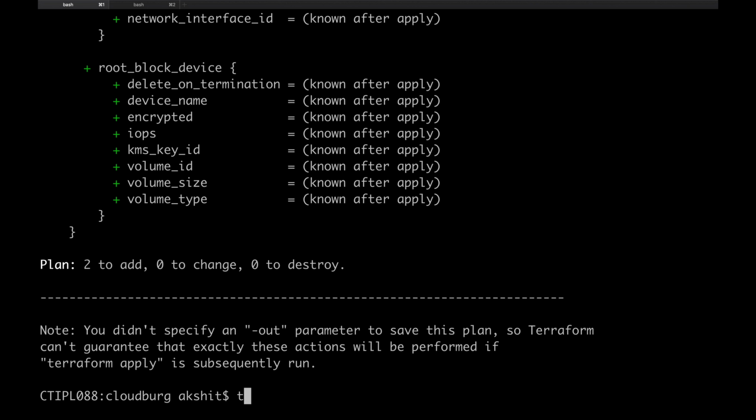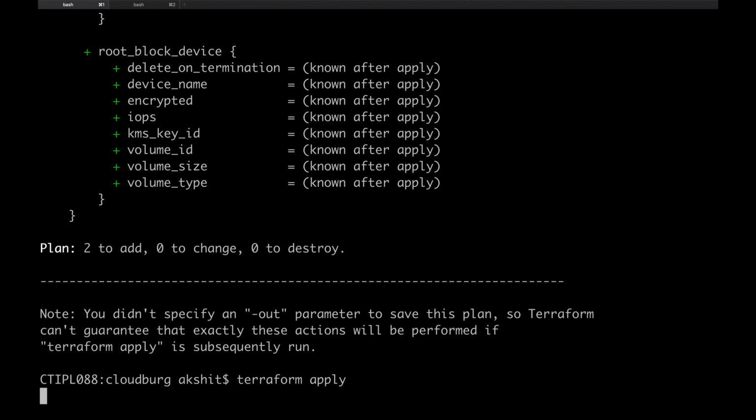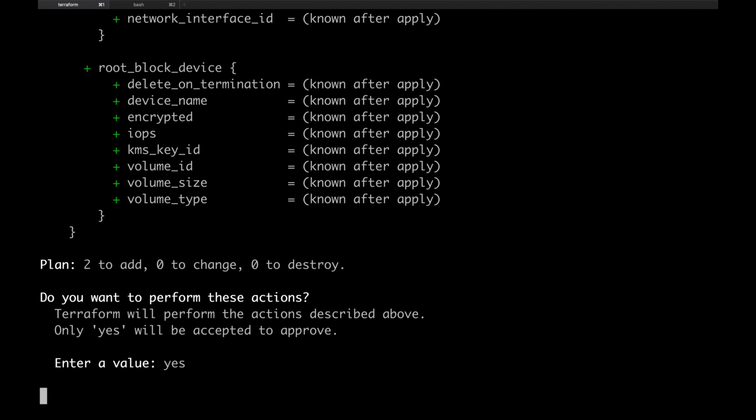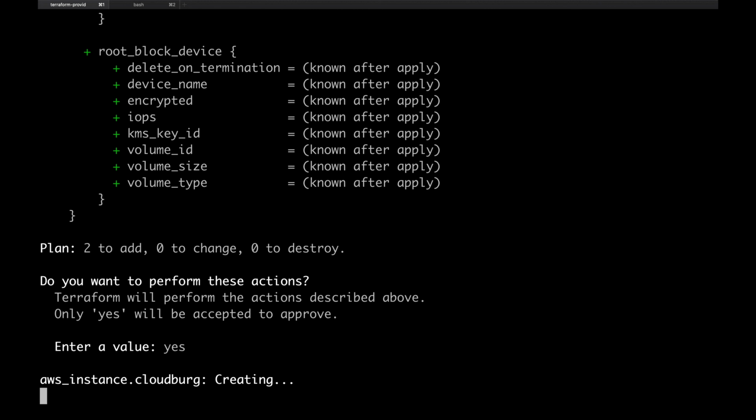Let's run terraform apply. The resource started creating.